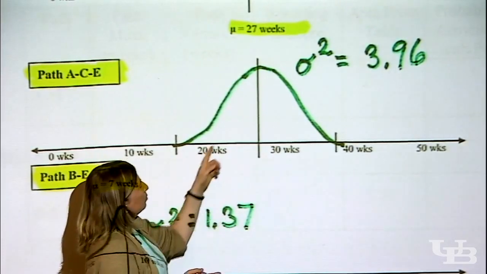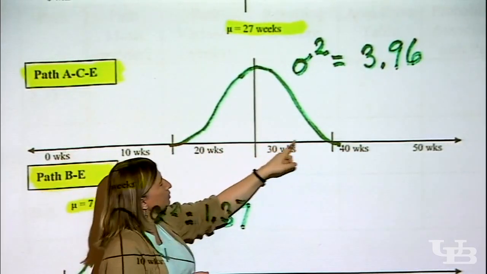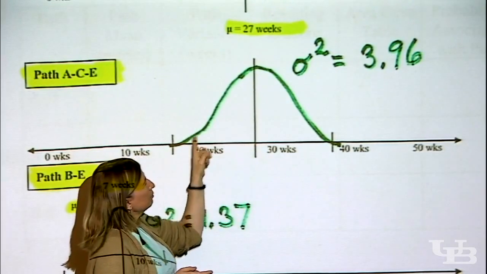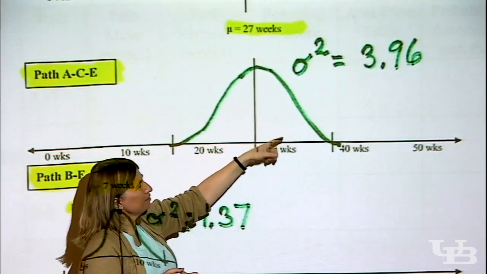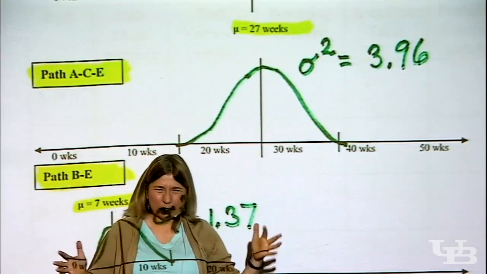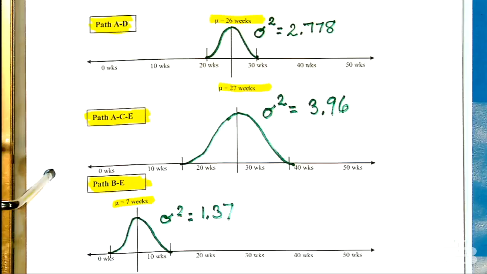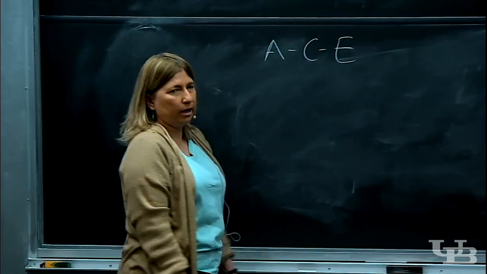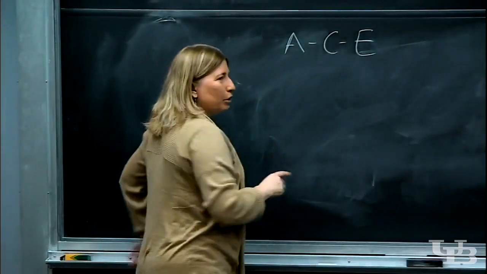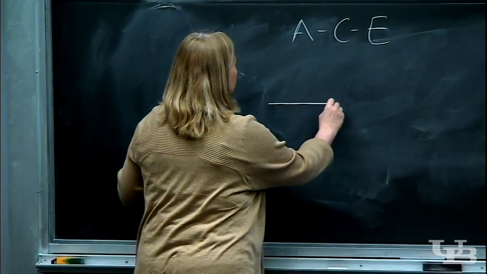But how did I know this? How did I know how to sketch it where 3 standard deviations were from the mean? Where did I get this fact that the variance in the path was, for instance, 3.96? Wait a minute, why am I drawing normal distributions? Okay, this is the underlying theory. Remember that PERT only sees your project as paths, and it's looking at this one path, like ACE. You might recall all the way from before spring break, we said, oh, those formulas for the expected time of